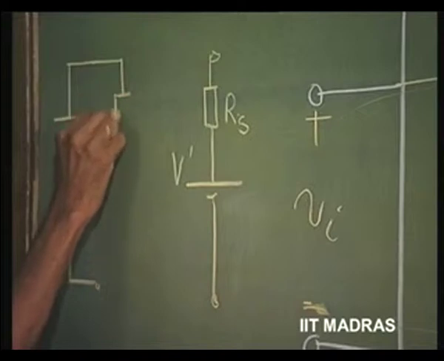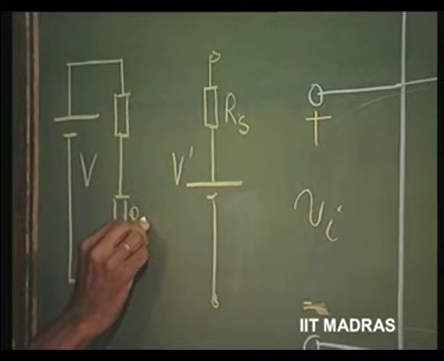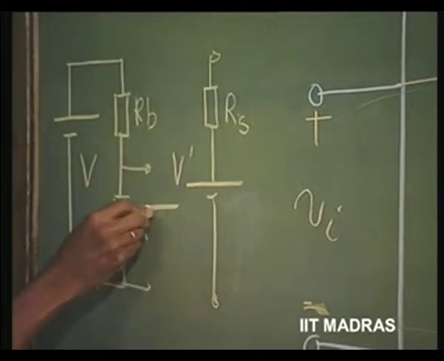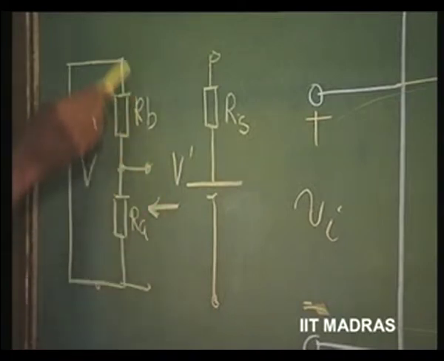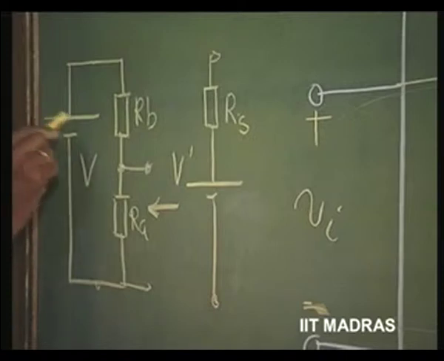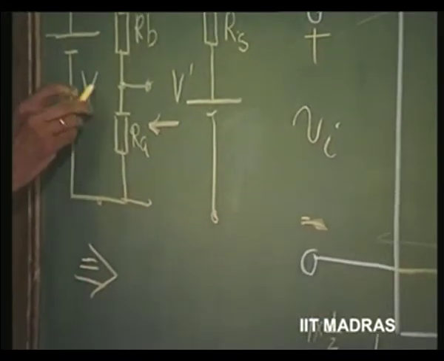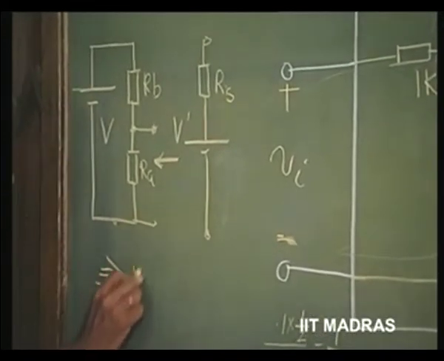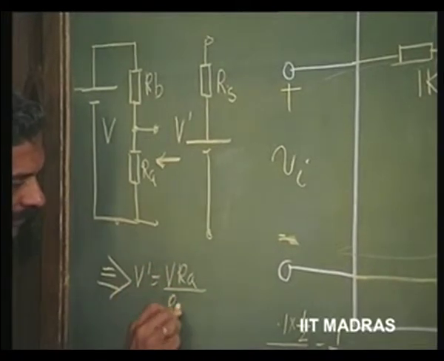What you do is you will put an attenuator here, let us say RA and RB, and observe the voltage here. If you convert this into Thevenin's equivalent, this battery voltage with this kind of attenuator is equivalent to an attenuated voltage which is nothing but V into RA by RA plus RB. That means V dash is equal to V into RA divided by RA plus RB,